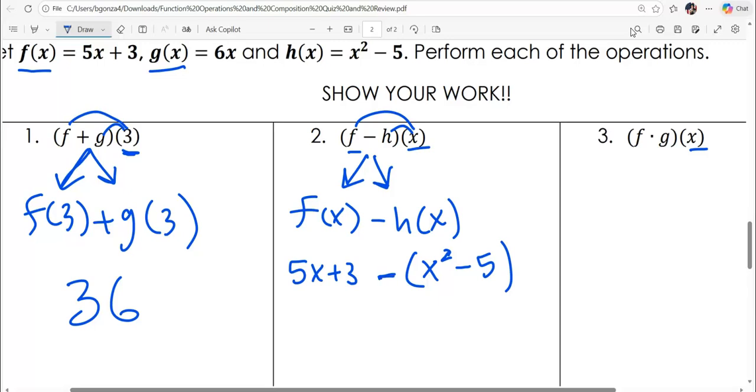Now, y'all remember negative means negative what number here? Okay, you know how to split it, right? And then what is f of x? With no number here, f of x is literally just going to be this right here. 5x plus 3 is the first one. And then minus h of x is,